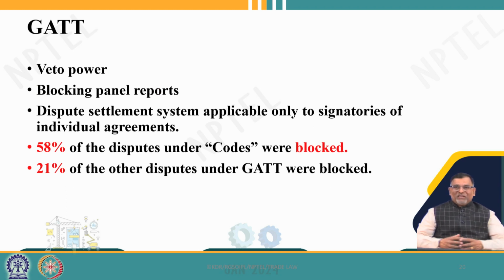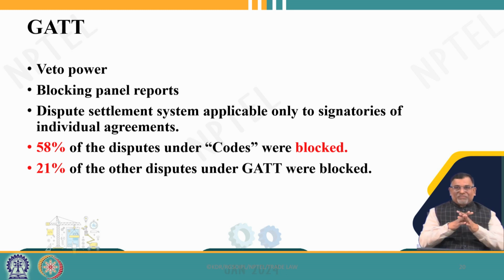The main drawback pointed out in the GATT dispute settlement system was veto power, the blocking of reports, and the agreement dispute settlement system applied only to the signatories and is not applicable to non-members. But the statistics say that only 21% of the disputes were under the GATT system,